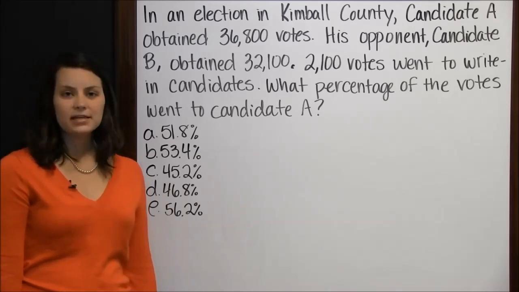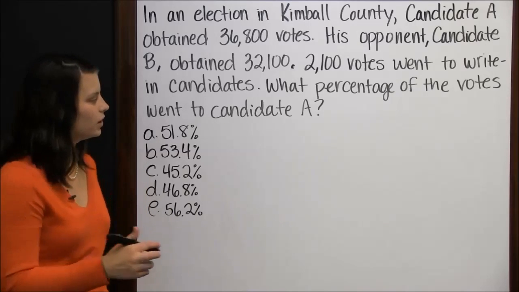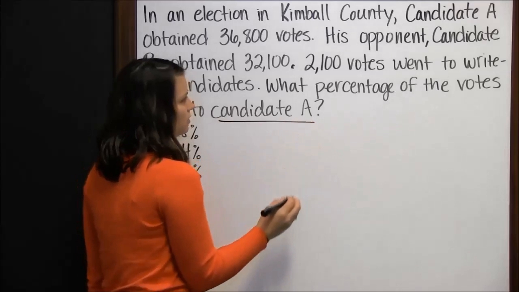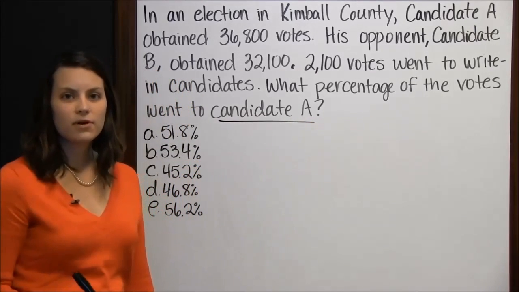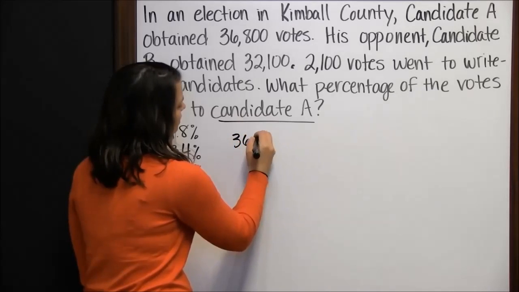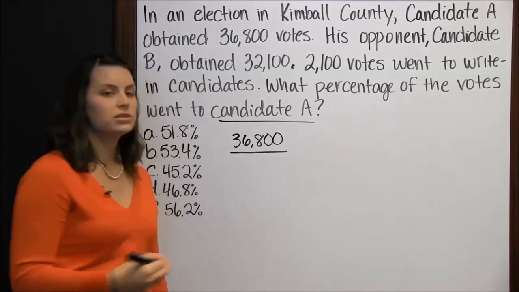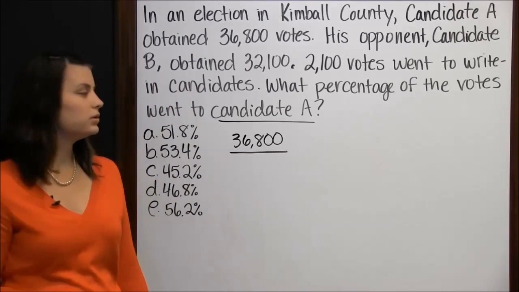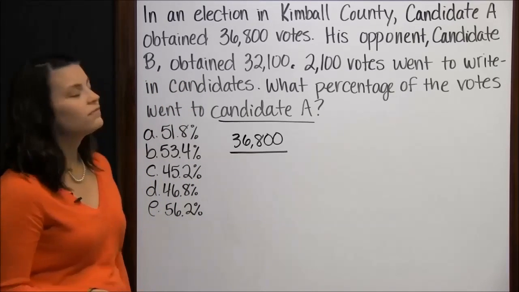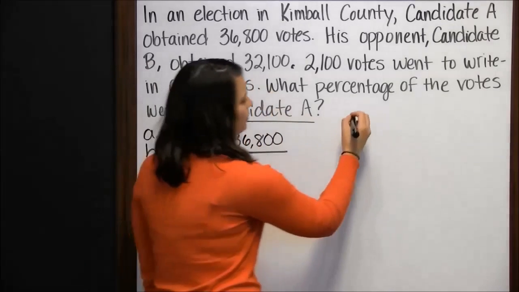To find a percent, we need the part over the whole. And we know the part. The part is the number of votes candidate A received, which is 36,800. What I need to know is the whole, or the total number of votes. To find the total number of votes, we need to add up